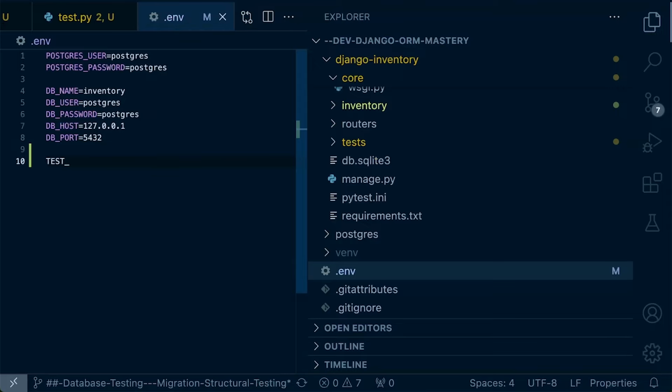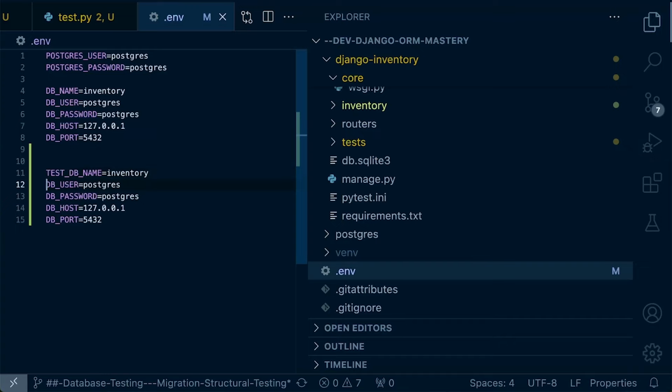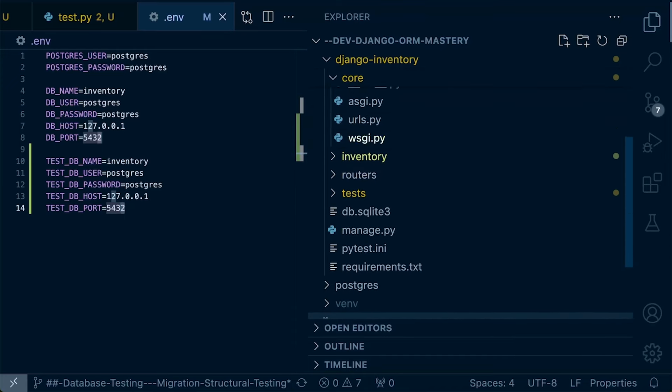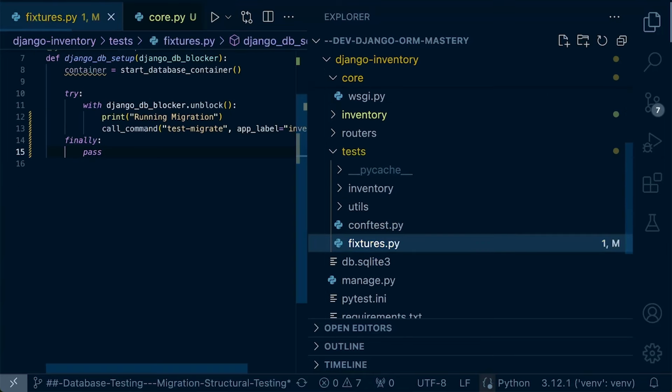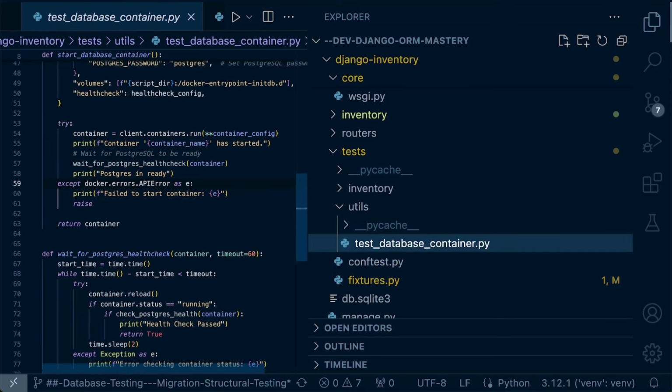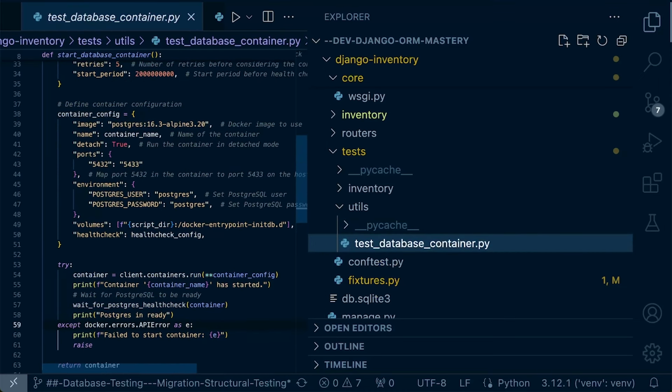So what we're going to need to do here is just copy and paste the existing Postgres setup. Let's add the configuration for our test database. It should be, I think, the same. Actually, I think we're using a different port. Let's just double check. So if you go into our tests and go to our fixture, let's double check the utilities and test database. If you remember our settings here, we did specify